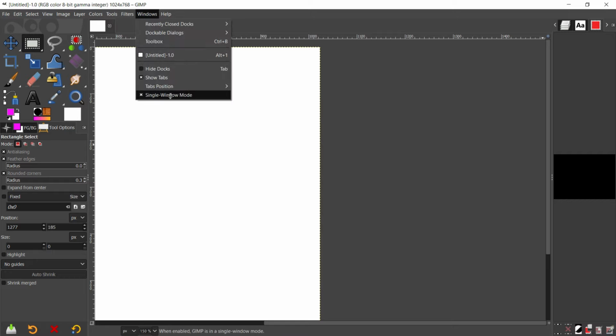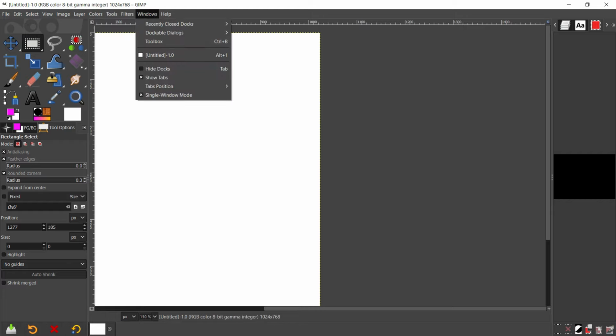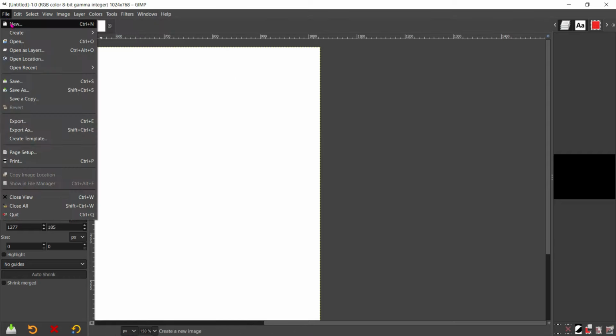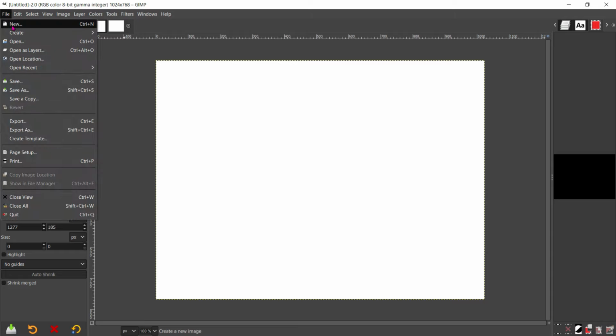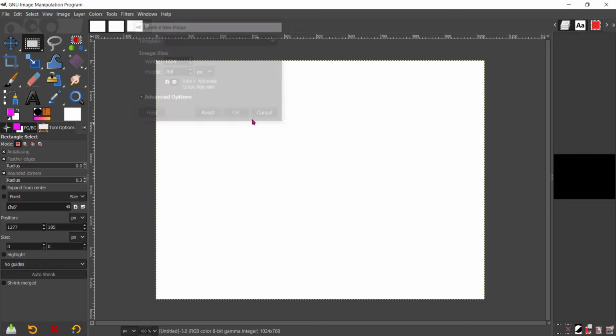So these are the options, and then tab position: top, bottom, right, left. Presently it is top, if you click bottom, so this is tab position. This is not a tab position, you can say this is the images, or if I click on this new, okay, then you can see we can work on multiple images at the same time, right?